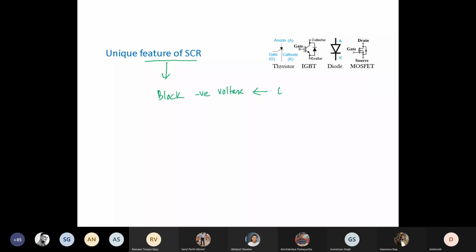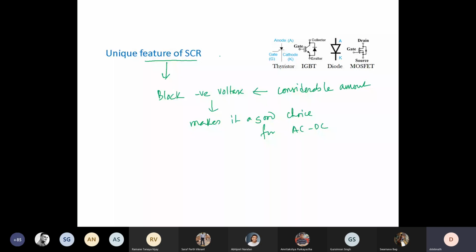That makes it a good choice for AC-DC. Because in an AC system, sometimes voltage will go positive naturally, sometimes it will go negative. So there you need a device which can block both positive and negative voltage. It can block, right? The switch